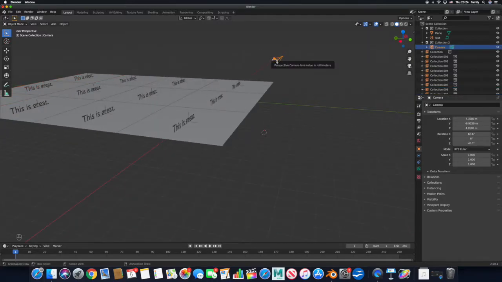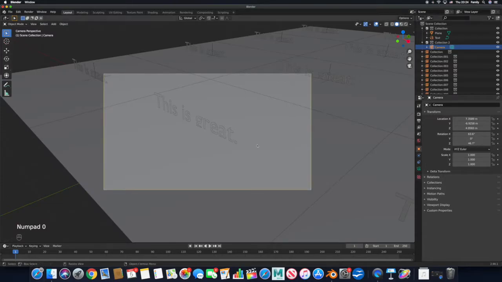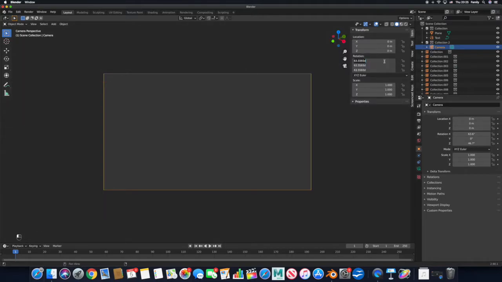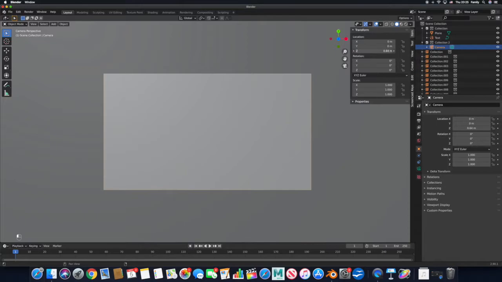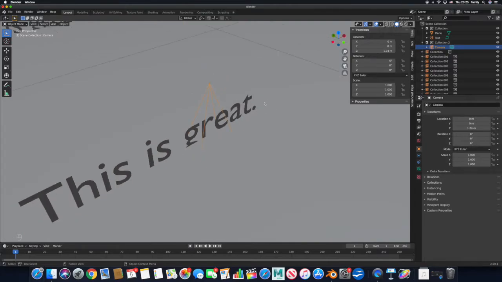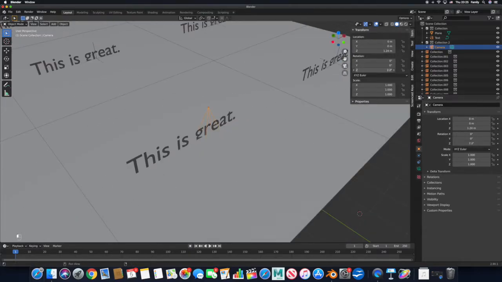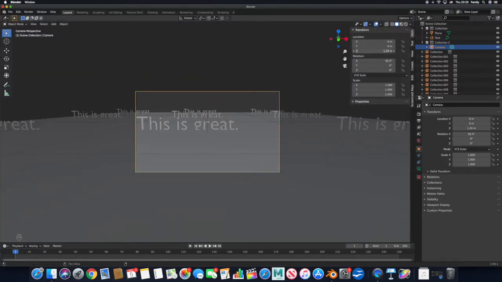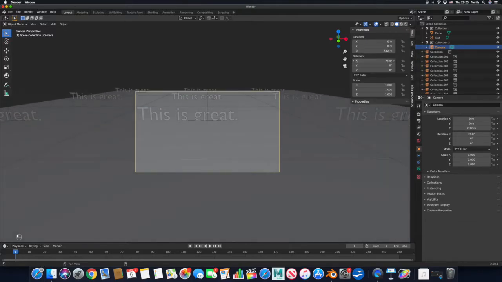So select the camera, then go into its view, come into here. I'm going to make it so everything in the camera is at 0. I'm going to bring up the Z, and I'm going to rotate it. I find it easier to do this outside of it so you can see what's happening. Going to rotate 90 on X, or you can actually do whatever. And so now we have a beginning, but I'm going to make sure it's pointing low enough at the ground